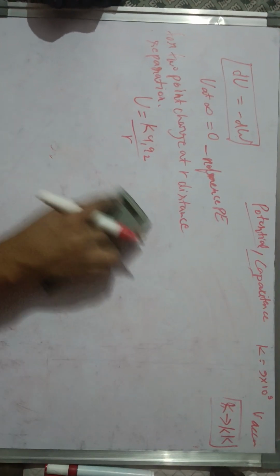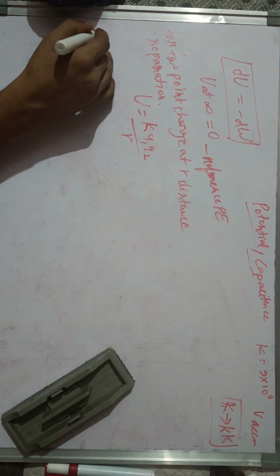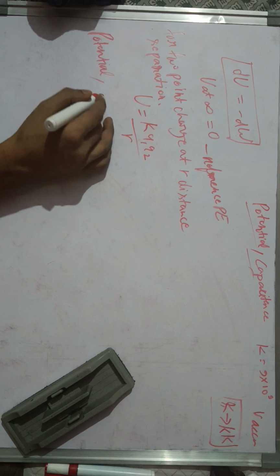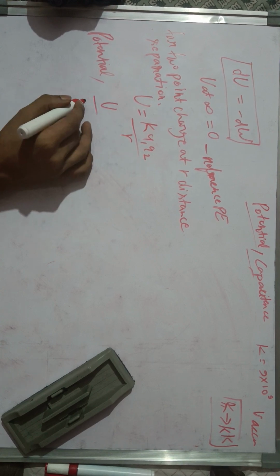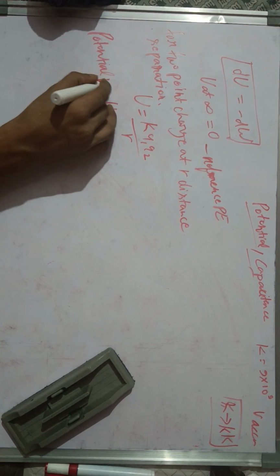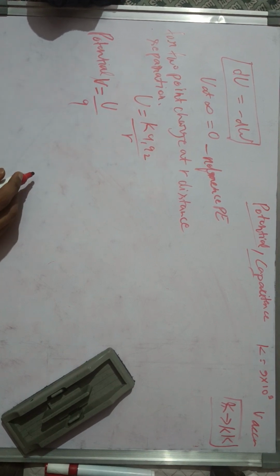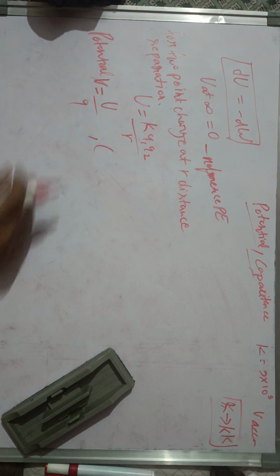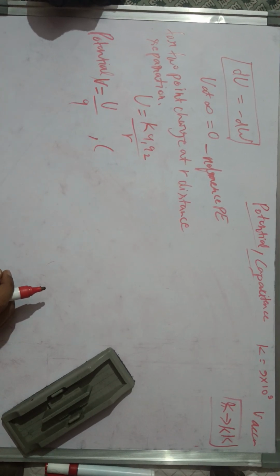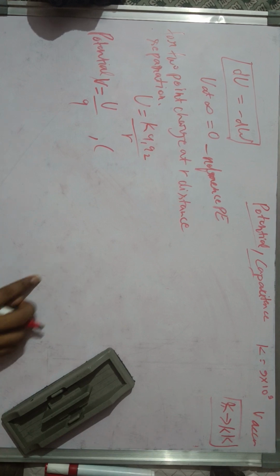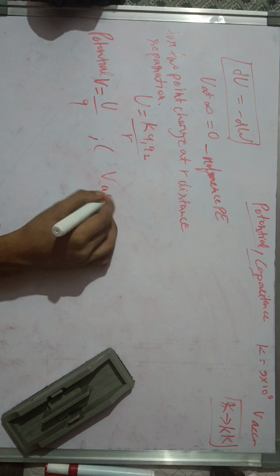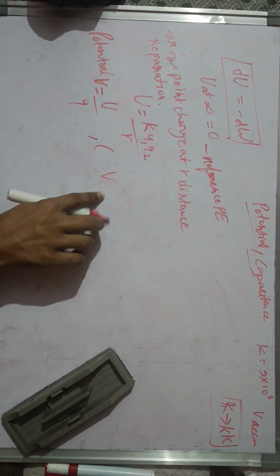So this was all that thing. Now there is another thing which is called potential. Potential means potential energy per unit charge. Potential V is equal to U divided by q, that is, potential energy per unit charge. Since potential is also dependent on the reference point, we assume that V of